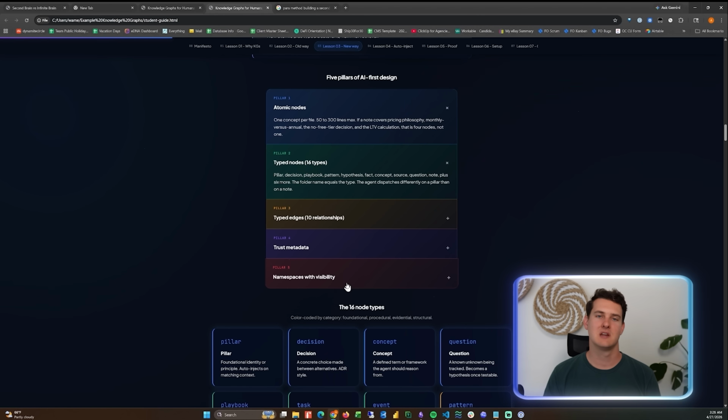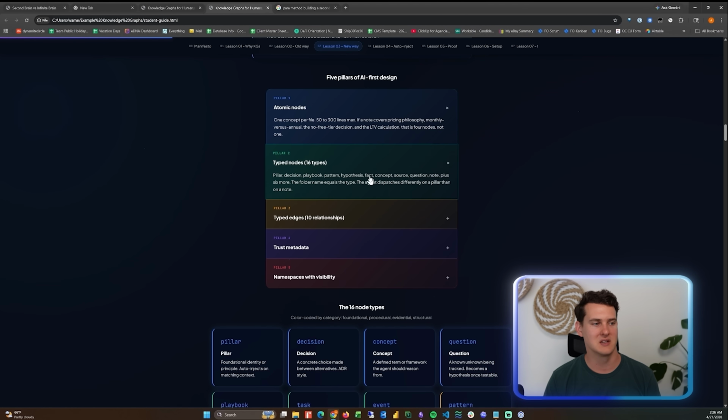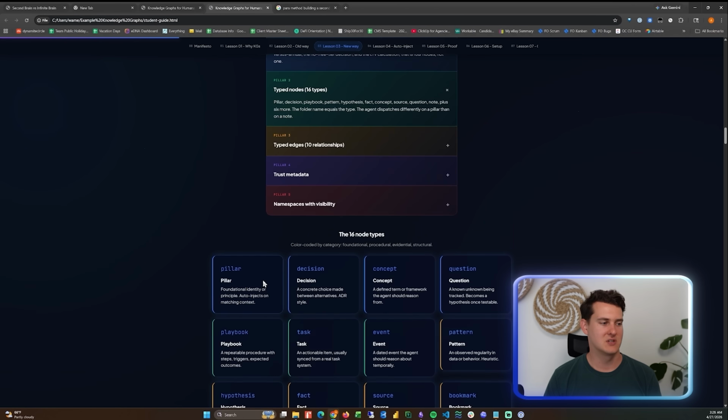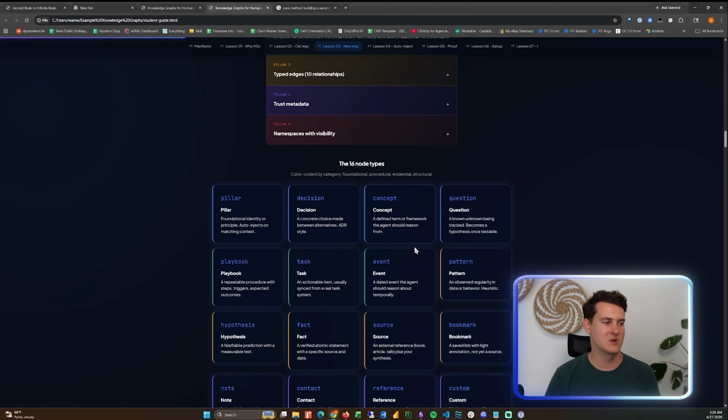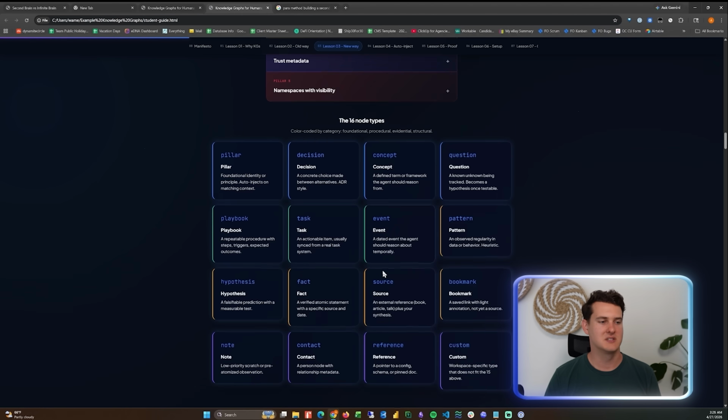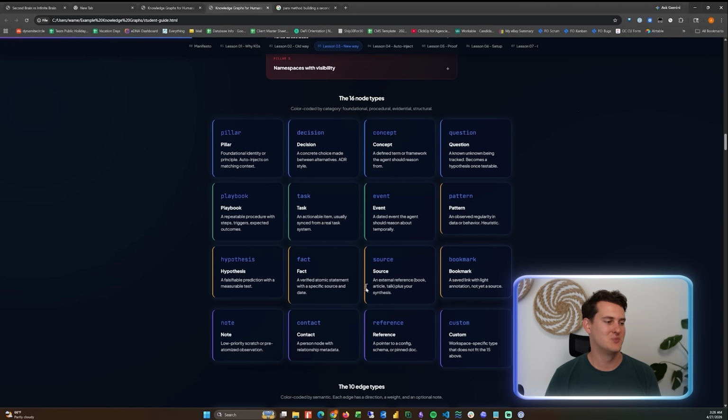I also, instead of just using 4 nodes, which I think makes sense when you're trying to simplify for a human, my assumption here is that it's not going to be me reading this. It's going to be an AI, and the AI is fine with a little bit more complexity than the human. So what I did is I actually took it into 16 different types. So for this, it would be like pillars, decisions, concepts, questions, playbooks, task, events, pattern, hypothesis, fact, source, bookmark, note,